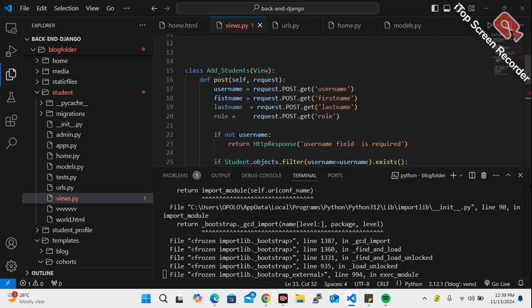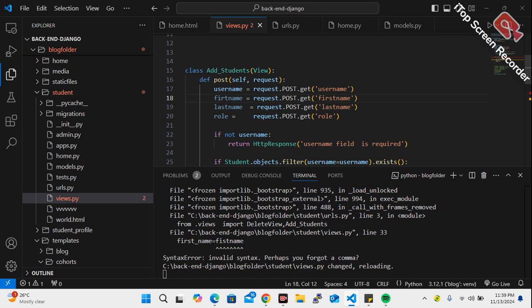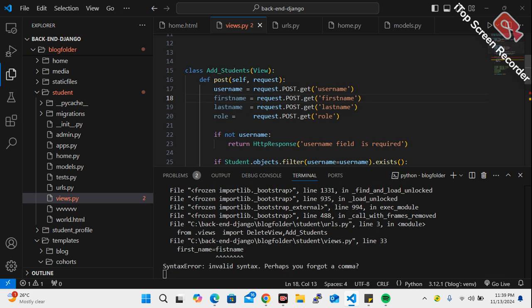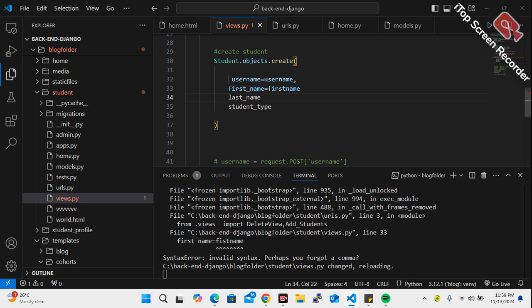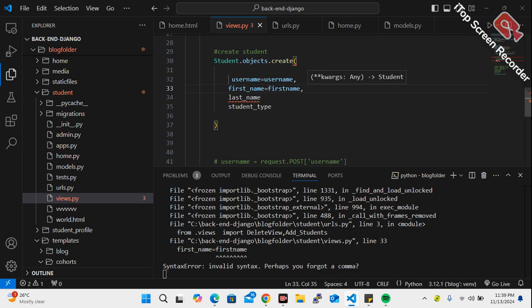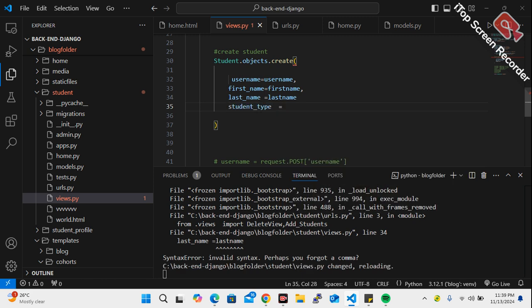So let's change it, please. I was actually using the wrong name, not knowing it was fixed. Okay, first name. So last name, I put a comma here, equals to last name. Then this row is supposed to be student type equals to row,